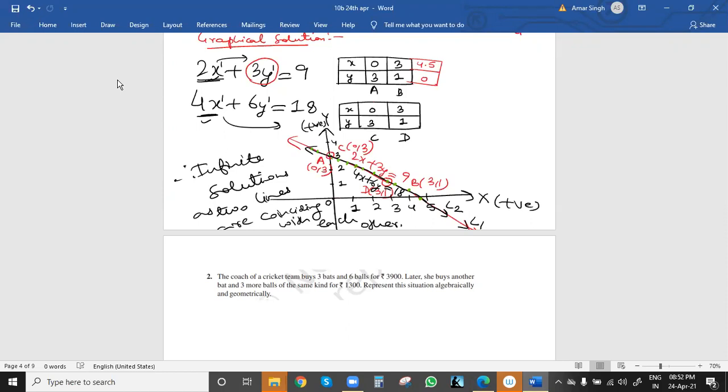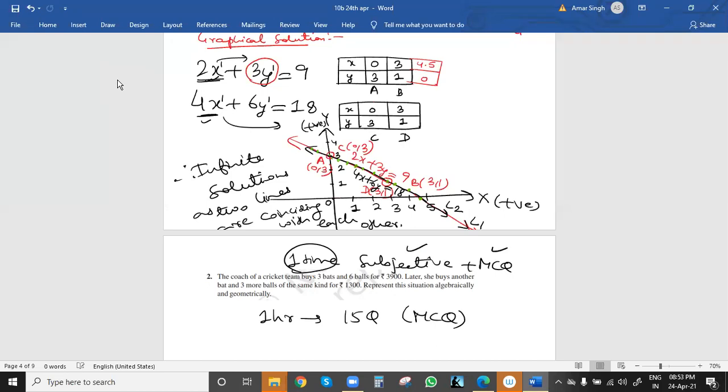Okay, sir. Sir, I have a question. Yes. Sir, for tomorrow's exam, how many questions will be there? Normally, if it is a 1 hour exam, there are 15 MCQ-type questions, because in a month we have only one subjective test, subjective plus objective. The remaining 3 times, suppose we have 4 Sundays, are only MCQs. Last week we had subjective plus MCQ, so tomorrow only MCQs: 1 hour and 15 questions.